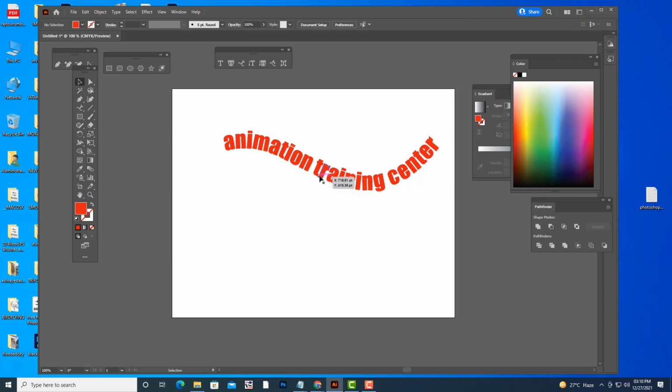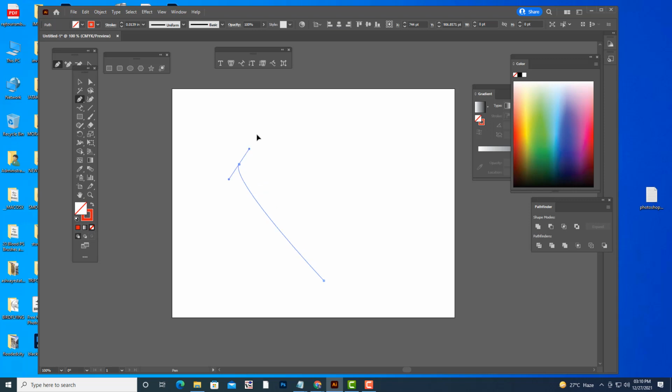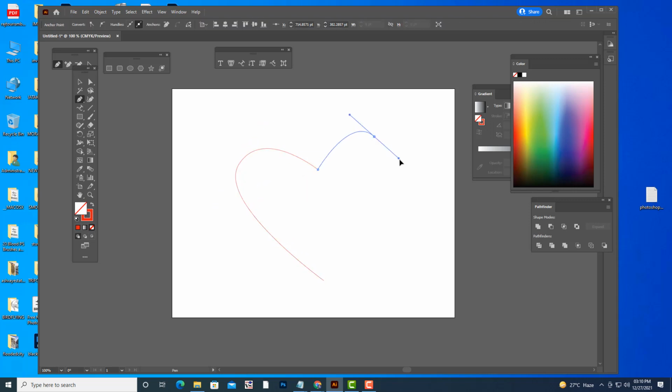So we can also do something like, let us create a heart shape. Let us turn off the fill. Then I will adjust it properly.